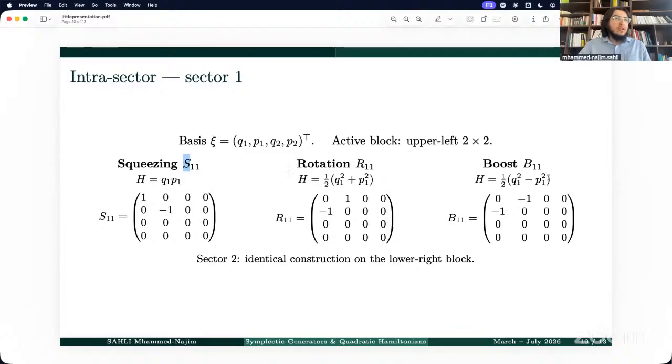We called squeezing, rotation, and boost the equivalent of the three elements of sp2 we saw before. But then we have the same in the fourth block, for the second sector. So if we have two particles, the first block is only the dynamics for the first degree of freedom, and the fourth one, the bottom right one, would be for the second particle. And when the two other blocks on the anti-diagonal are not zero, it means that we have some kind of pair evolution. We are going to see how